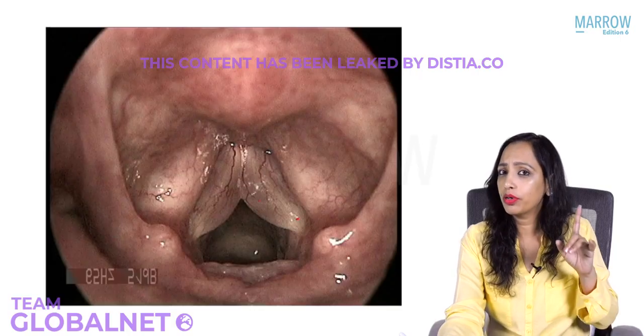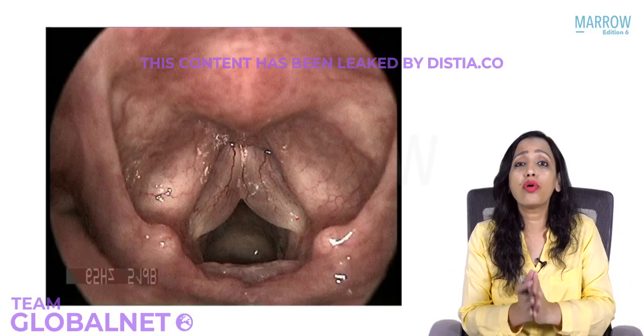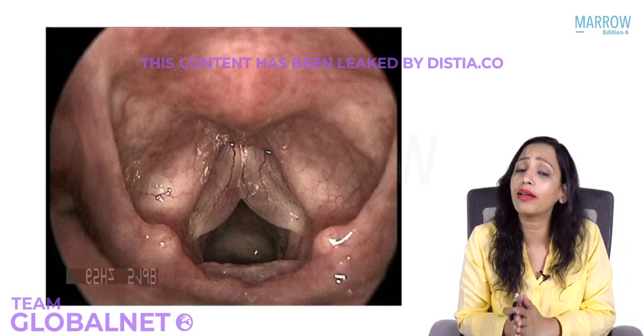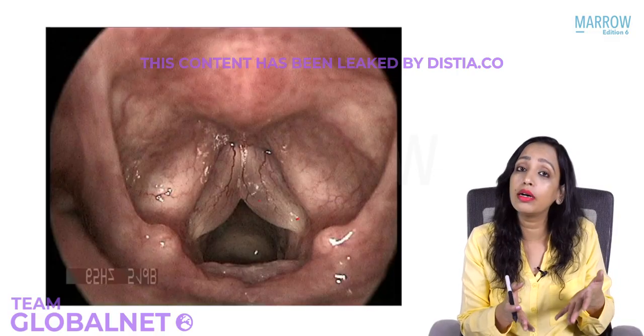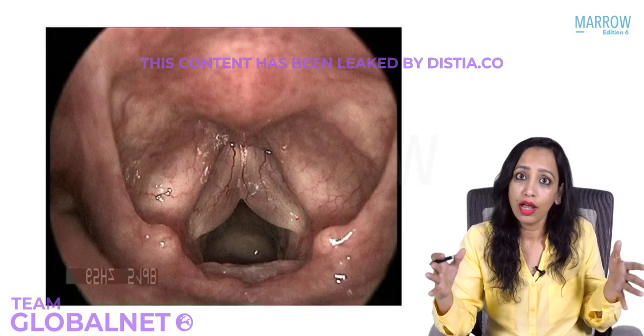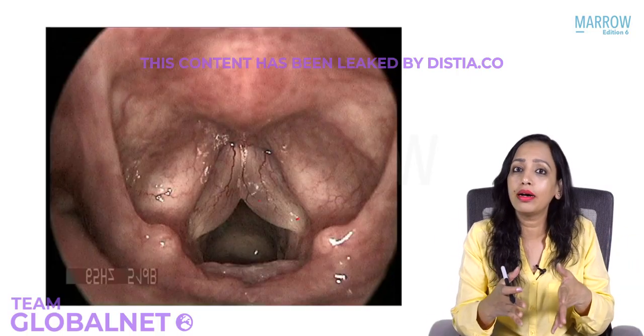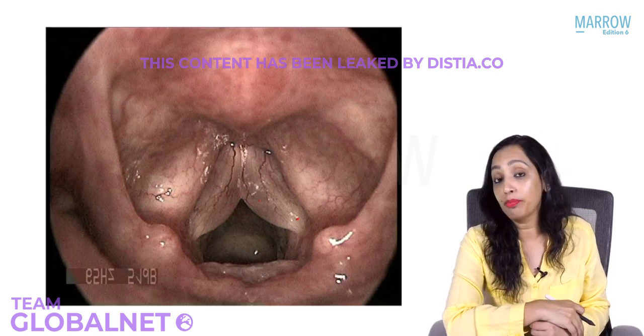This is a very important thing about the lymphatic drainage of the larynx: the glottis, the true vocal cords, literally do not have any lymphatics. And that is why edema is seen most commonly here in the true vocal cord as Reinke's edema. Why? Because the lymphatic drainage is not there, so it is probably due to impaired lymphatic drainage. But there is one benefit also, and that benefit is immense.